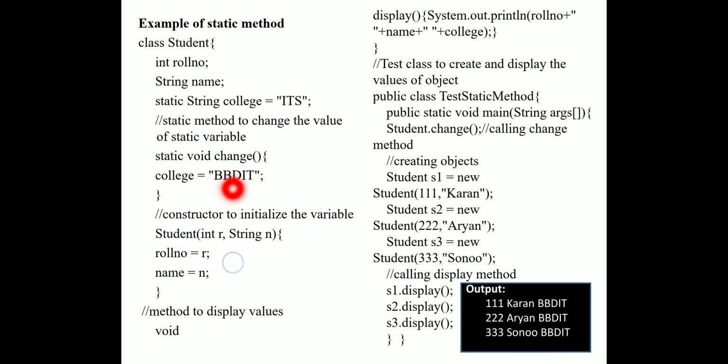Here is a static method to change the value of the static variable: static void change, college equal to BBDIT. Here is the constructor to initialize the variables: Student(int r, String n), roll number initialized to r, name initialized to n.